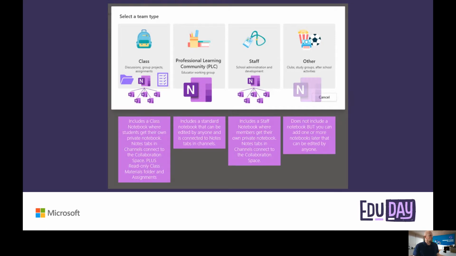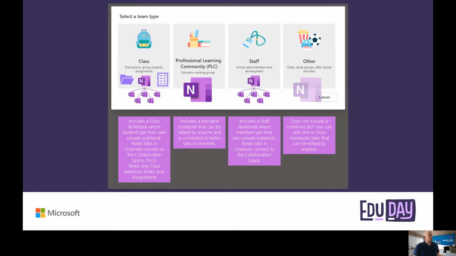You'll also be given what we call a read-only class materials folder, which is a folder for you as an educator to place materials in, and students can't edit them. They can only read them. And you'll also be given something called the assignments tab, which will allow you to distribute assignments.